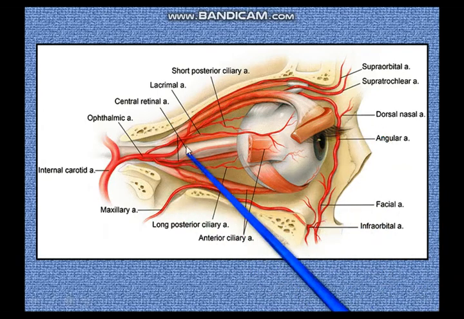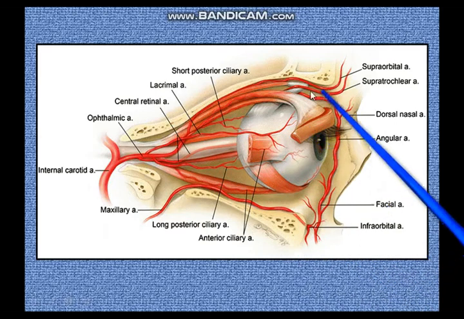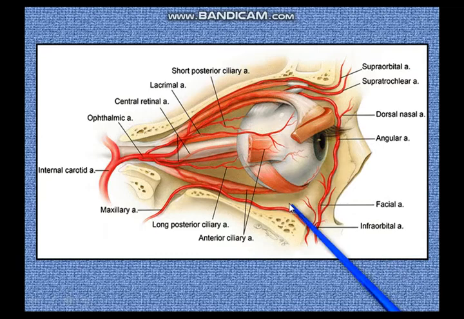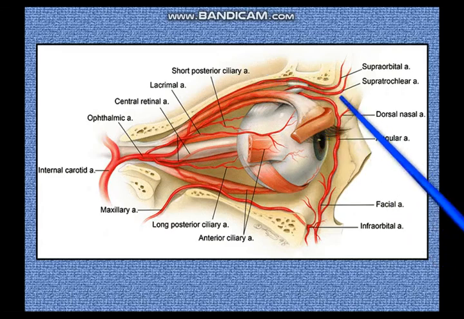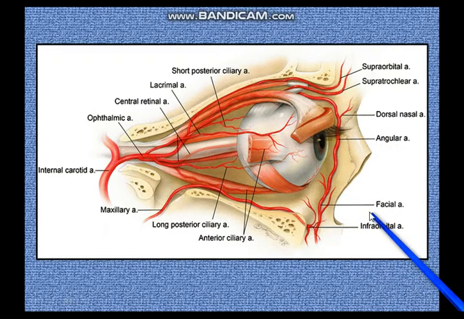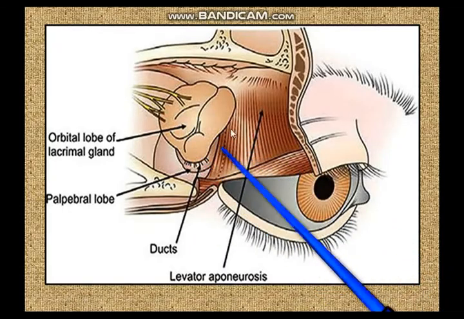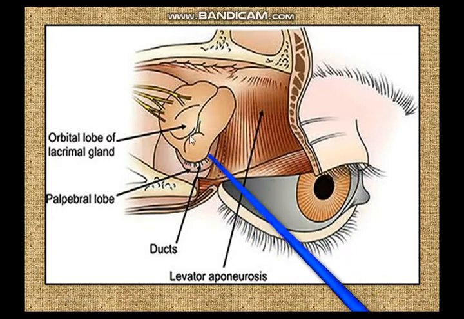On the lateral side you have the lacrimal artery. This lacrimal artery is coming to the lateral palpebral contribution, and on the lateral side, because it is cut off, you cannot see the contribution of the branch of the superficial temporal artery and the transverse facial artery, but the medial set of palpebral arteries you can see very well in this diagram. Let's see what's next. Now here in the upper eyelid you can make out the position of the lacrimal gland.